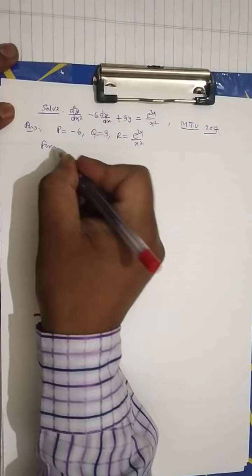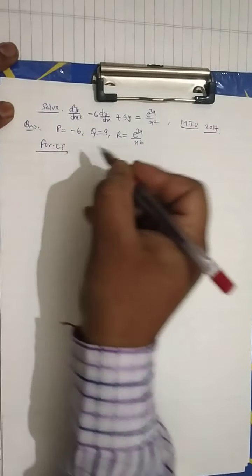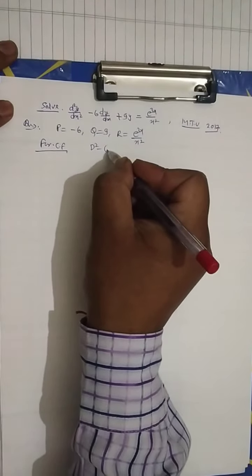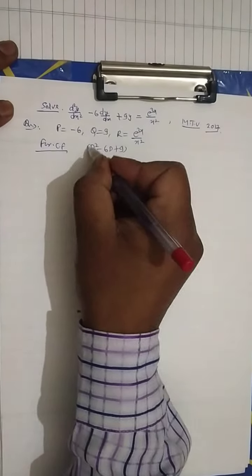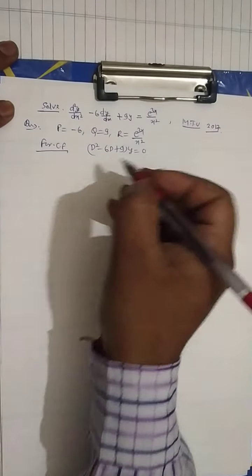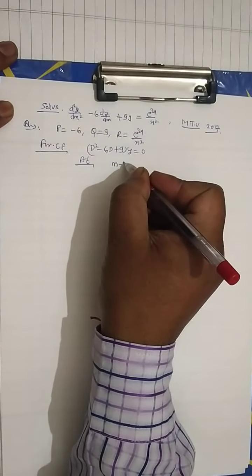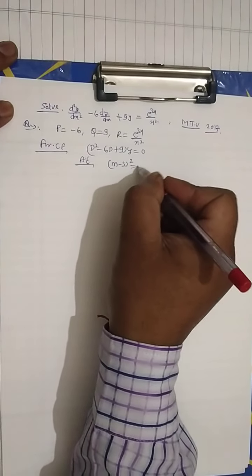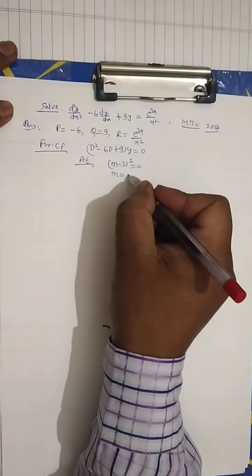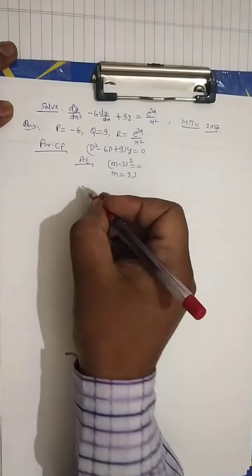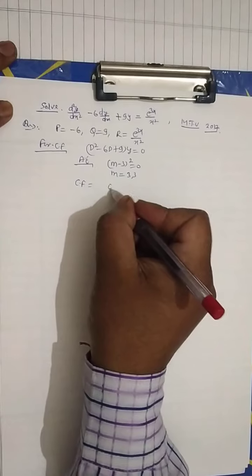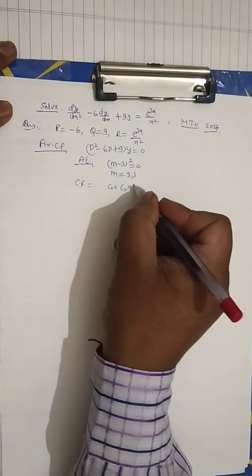For CF, (D square minus 6D plus 9) y equal to 0. Auxiliary equation (m minus 3) whole square equal to 0, that is m equal to 3, 3. Then CF equal to (C1 plus C2 x) e to the